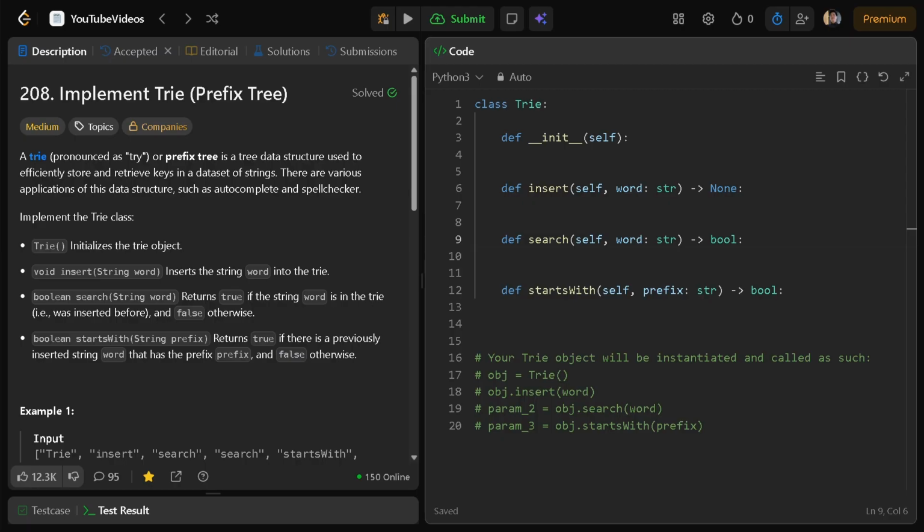Let's walk through how each operation works. When inserting, we begin at the root node. Then we move through the characters of the word one by one. For each character, if the character doesn't already exist as a child, we create a new node and connect it. Then we move into that child. After processing all characters, we mark the final node as a word ending so that future searches know that a